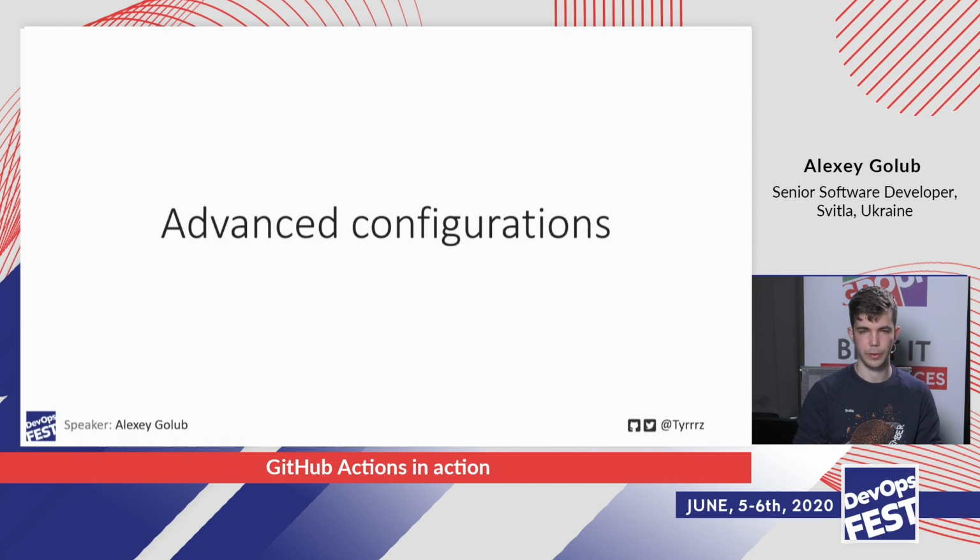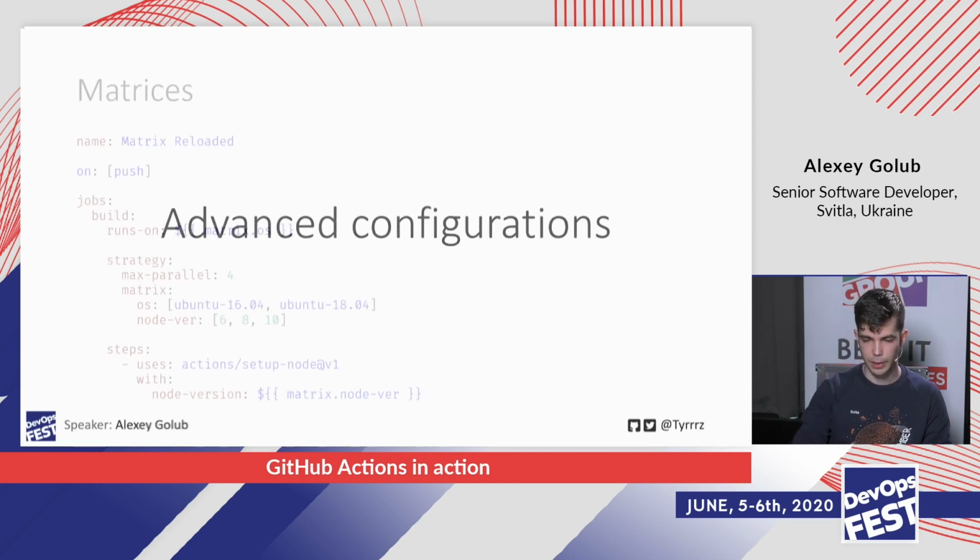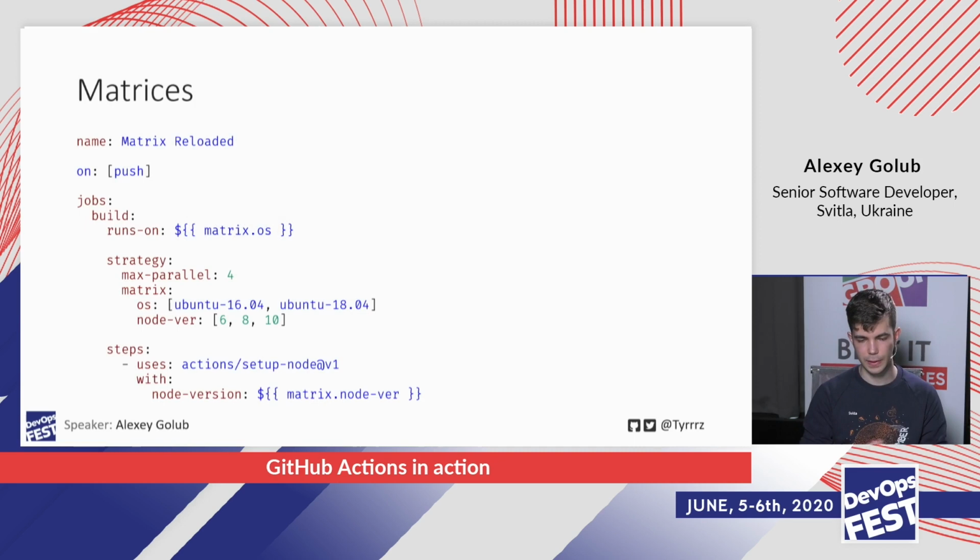Okay, let's get into a few more advanced configurations or examples of how you can use more advanced GitHub Actions features, to give you some idea of the capabilities of this platform. The first thing that we're going to look at is matrices. Matrices aren't unique to GitHub Actions, a lot of different platforms have them. Matrices allow you to make your jobs parameterized. For example, if you have a job that you want to run using different environments or different dependencies, but the entire job is pretty much the same except for different parameters, you can use matrices to parameterize them. And the way it works in GitHub Actions is actually pretty cool.